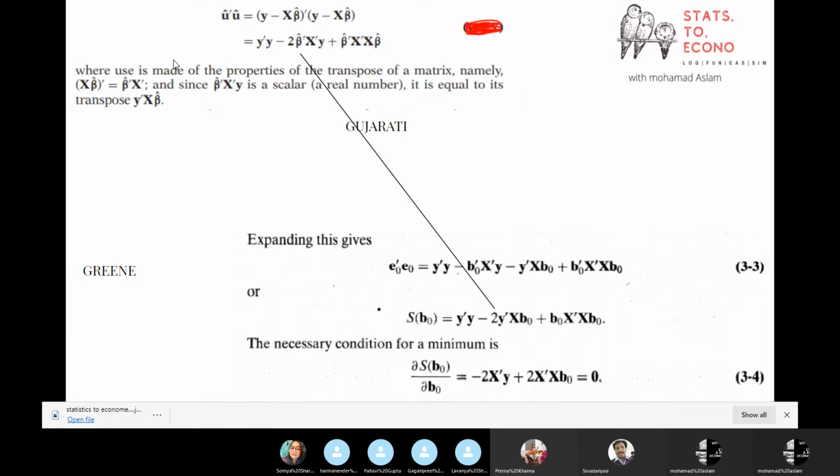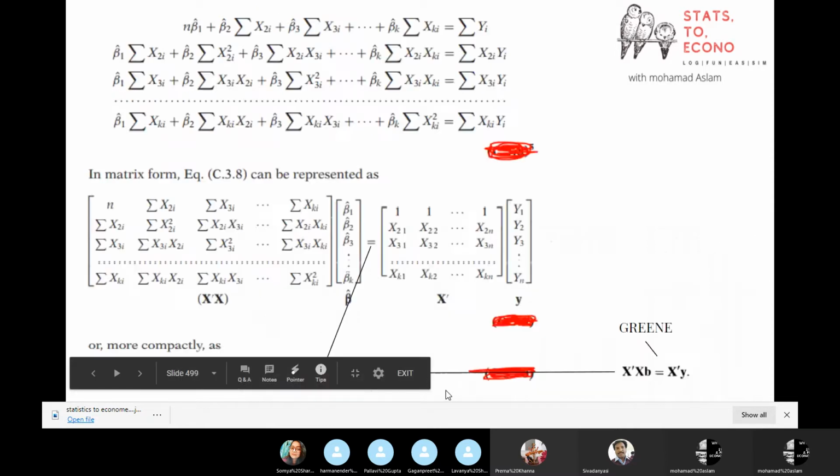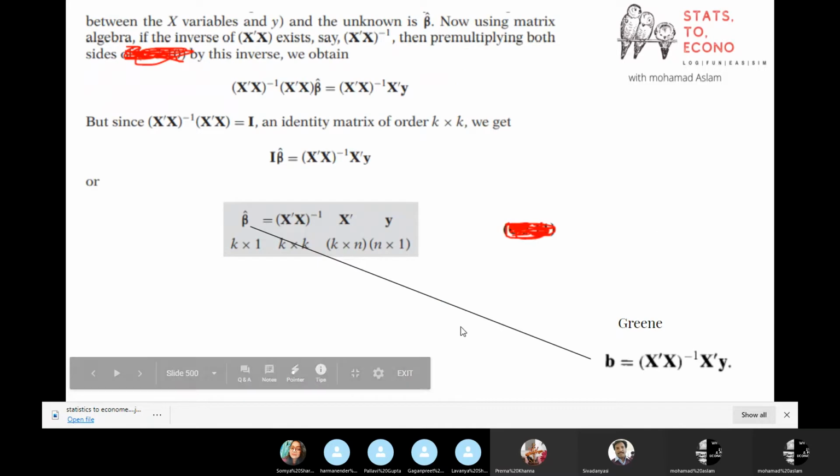In many notes I have seen that they have written to differentiate with respect to beta hat transpose, and if you differentiate with respect to beta hat transpose, then also you will get these answers. But actually, we are differentiating with respect to the beta hat matrix. So I don't want to make it more complicated, beta hat transpose or beta hat, because we need only the beta hat matrix parameters. So just go with the beta hat matrix, and this is the value in the end for the beta hat matrices.